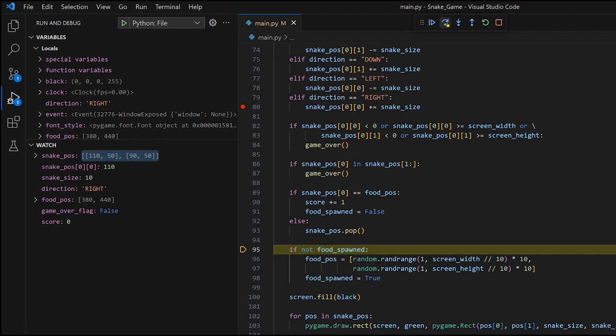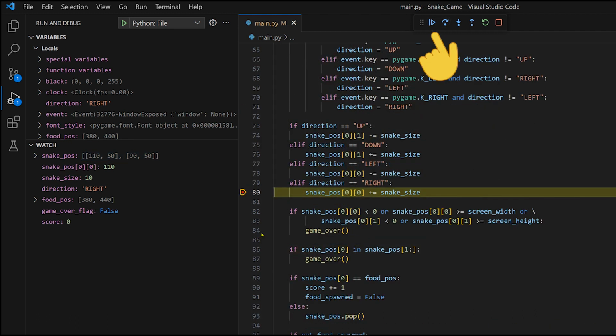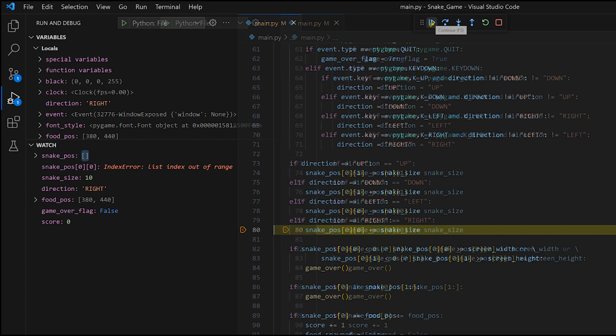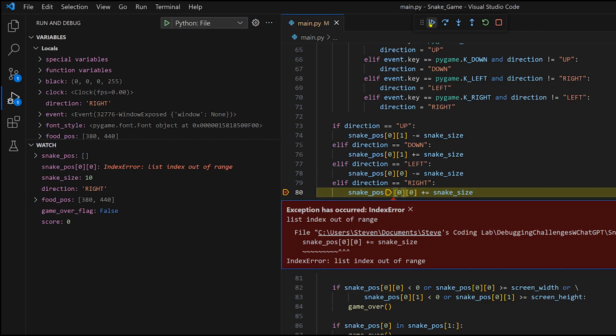Let's speed up this process by clicking on the continue button. This will run the code without stopping until it hits our breakpoint on line 80 again. As we keep cycling through this while loop, the snake position list keeps getting smaller until it's empty. Now when line 80 tries to add a value to index 0, we get an index error because this index